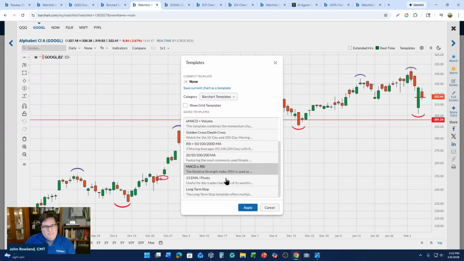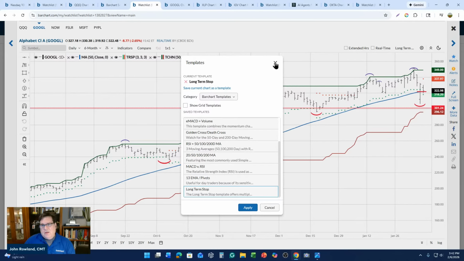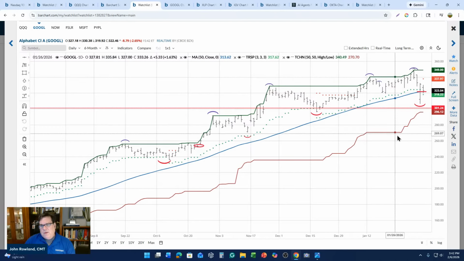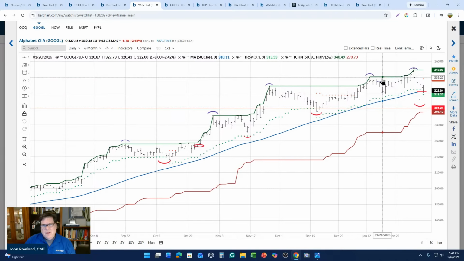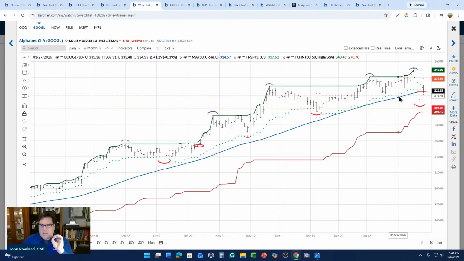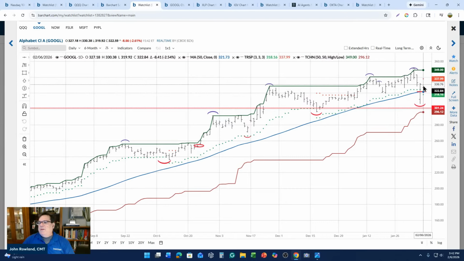that was created by Jim Van Meerten, and this is called his long-term stop. And what we can see here is that there's a couple data points. First of all, these outer lines are what we call turtle channels, 50 days. And then this dotted line is our trend seeker, which is kind of a momentum trend identifier. And then the blue line is the 50-day moving average. And you can see that probe or that breach of the 50-day moving average yesterday signaled the trend seeker,